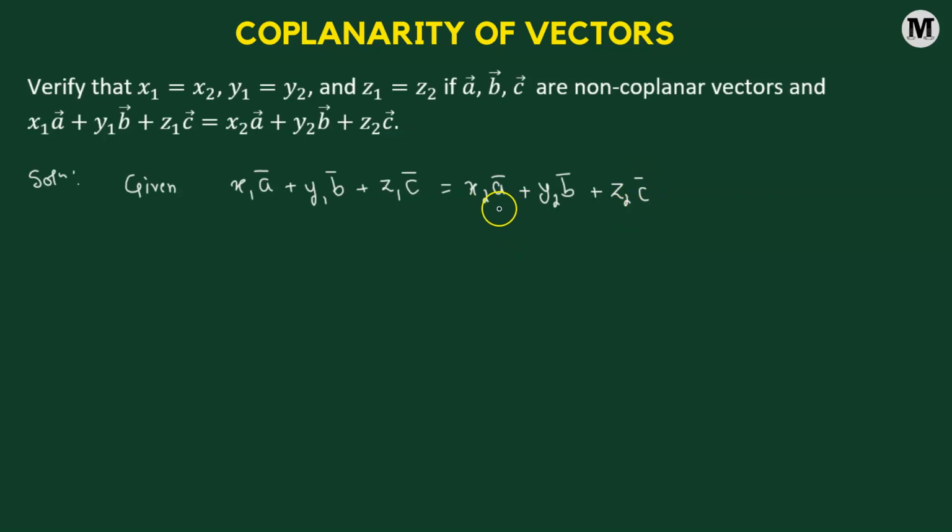Let's transpose the three terms on the right hand side to the left hand side and combine all the like terms, and that's going to give us (x1 minus x2) times the vector a added to (y1 minus y2) times the vector b added to (z1 minus z2) multiplied to the vector c, and this will be equal to 0,